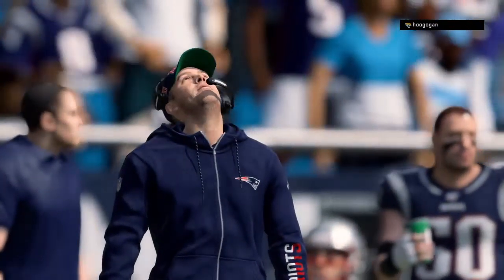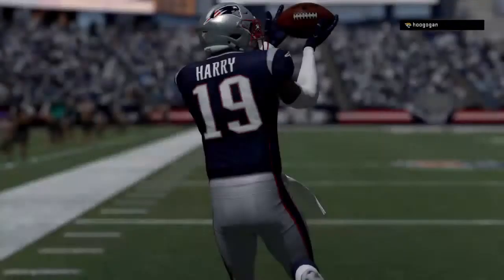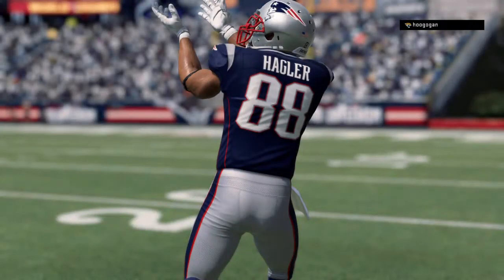So this will be a win for Jacksonville. And, of course, this is a win they're going to hang their hat on. They go on the road and defeat the defending Super Bowl champs. Partner, they came, they saw, they conquered. But before all that